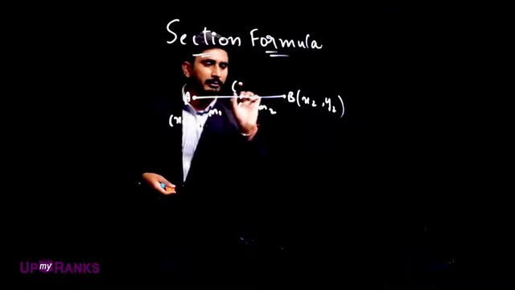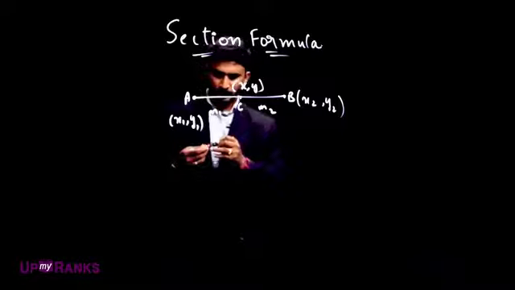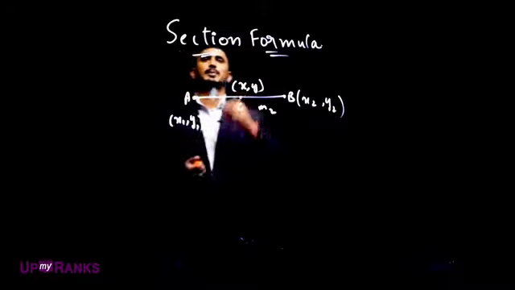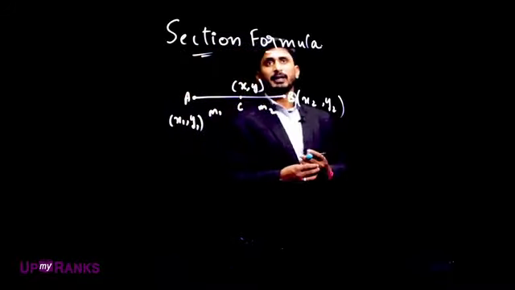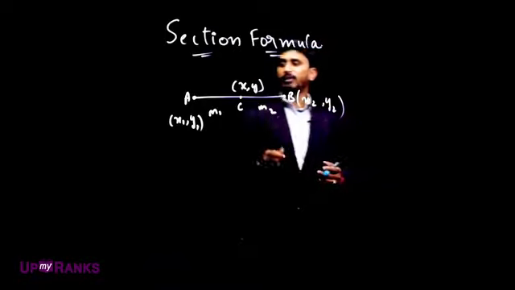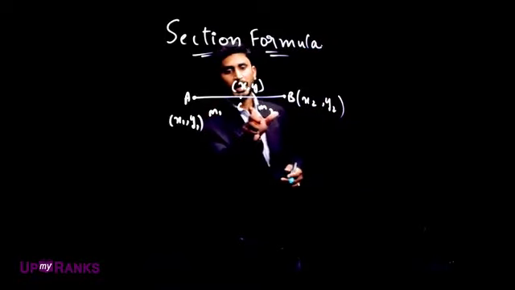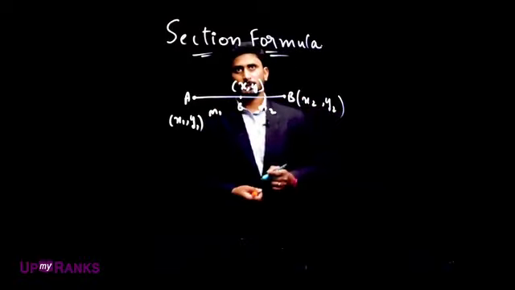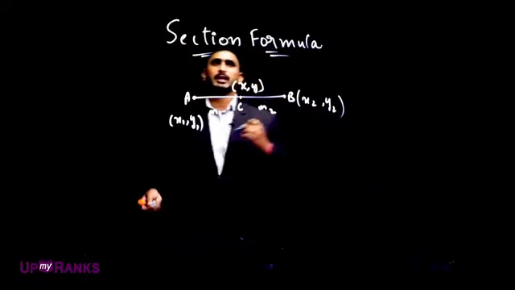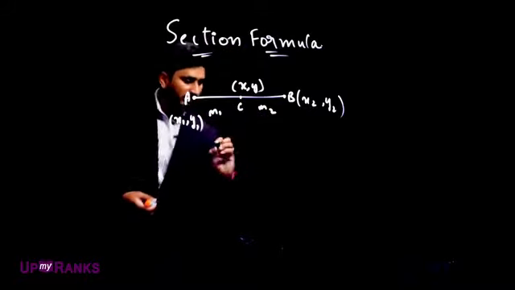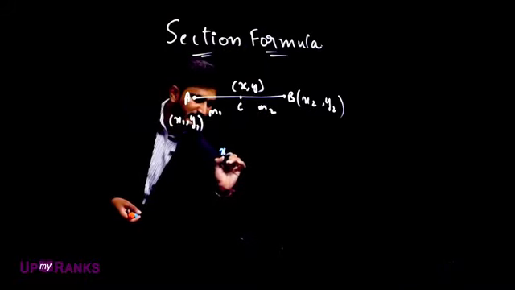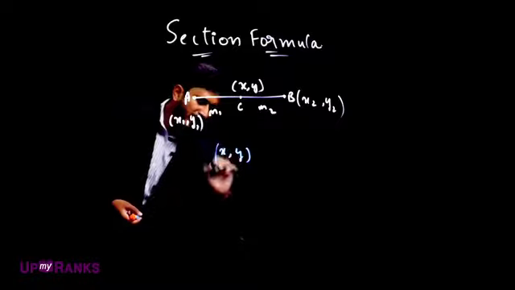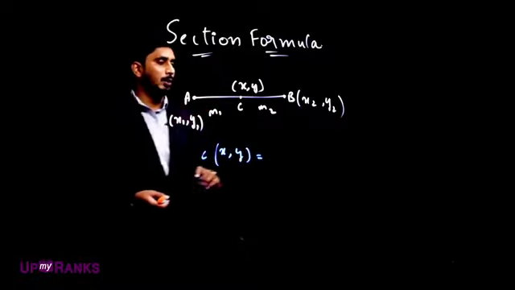C is a point which is (x, y). So how are we going to find this point C? We find the point C when we know the ratio, which is m1 and m2, the ratio between these points. So how are we going to do it? We have the ratio, and we can find this point C, which is (x, y), equal to